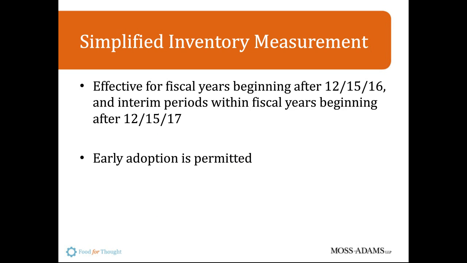And this standard is effective for fiscal years beginning after December 15th, 2016, and interim periods with fiscal years beginning after December 15th, 2017. Again, early adoption is permitted. I've seen more people early adopt this one, and the reason being is many co-ops are already valuing their inventory at NRV, so they've been doing this analysis of lower of cost versus NRV for quite some time. So then it's just mentioning in your footnotes, we've adopted this policy or we've continued with this policy.